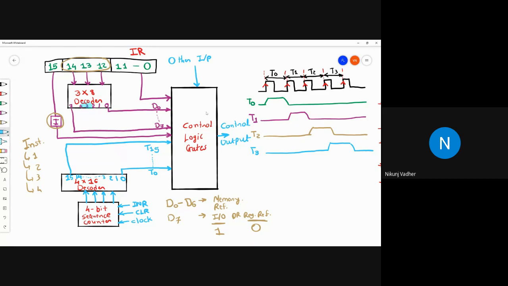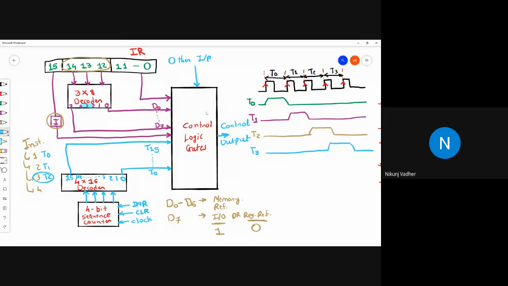Now this D3 is taking 3 timing signals, so T0, T1, and T2. Once we are done with the 3 timing signals, we should reset the timing signal. So it will start from T0, and it will fetch the next instruction and decode it, which we will see in upcoming lectures, instruction cycle.